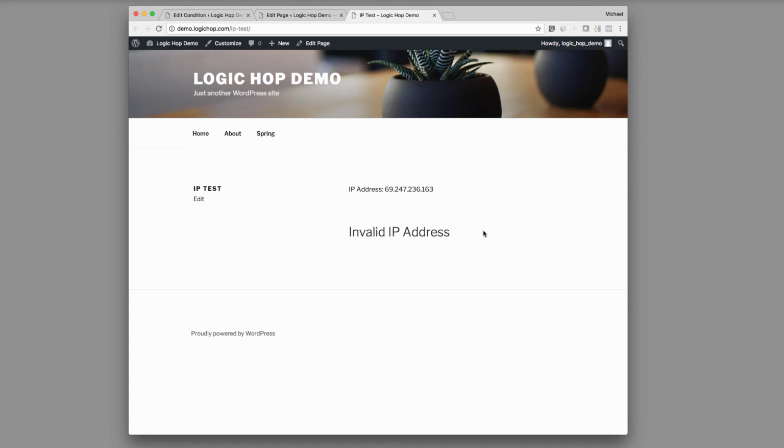So this is just one way that we can use LogicHop with conditions, working with IP addresses. It's very powerful when you can use that list format, that comma separated format, so you can add multiple IP addresses in there. Again, if you have any questions, contact us at